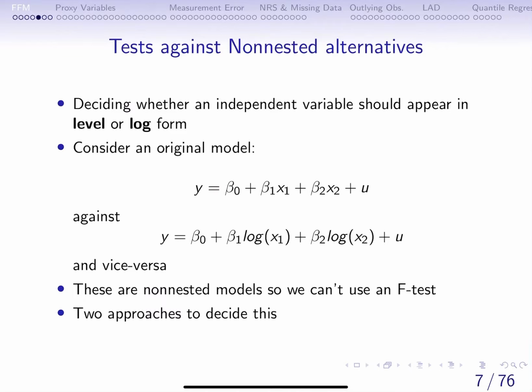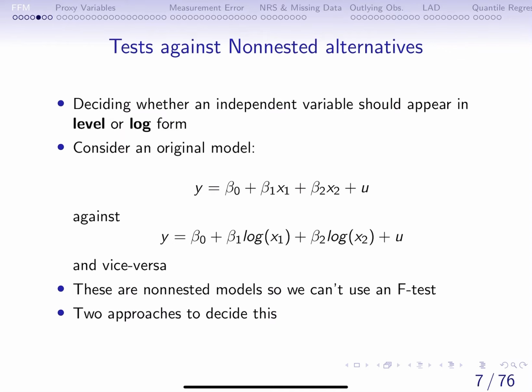In this video, we'll talk about another type of functional form misspecification that we can test for, which is classified under testing for or testing against non-nested alternatives. So let's try to think about what this means. So typically,